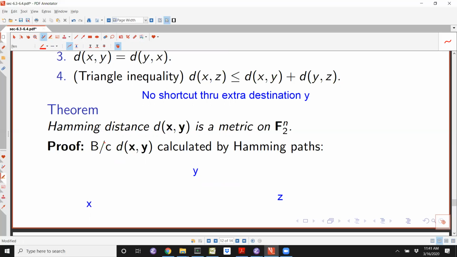Okay, and the proof that Hamming distance is a metric, that it satisfies the triangle inequality, that's the interesting part, is that it's calculated by Hamming paths. So if somehow this is your shortest possible path from x to z, that's your distance from x to z. Well,